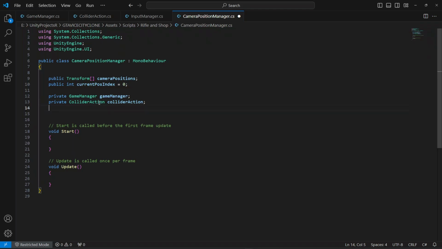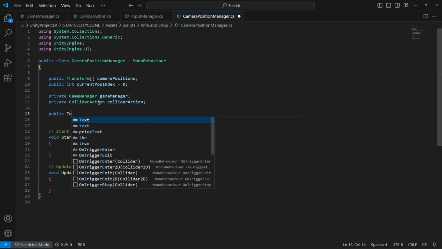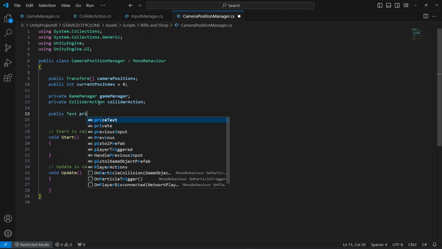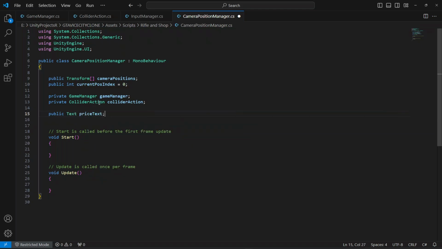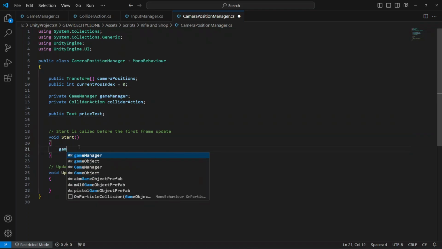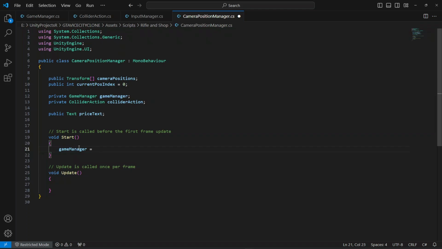After this, we will create a reference to our price text, because now we will be showing the rifle price as well. So name this as price text. Right here in the start method, let's first of all set the reference for the game manager. So we will say find object of type game manager,